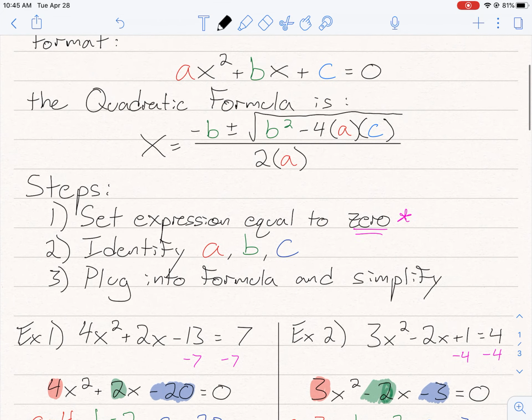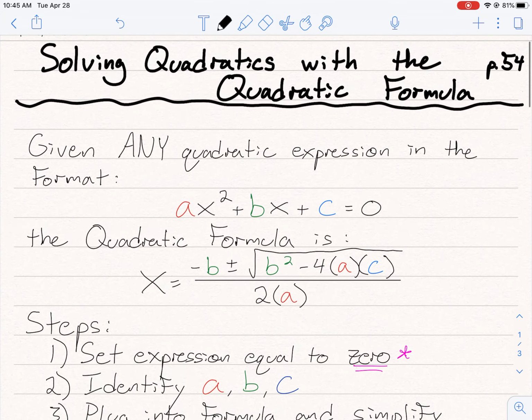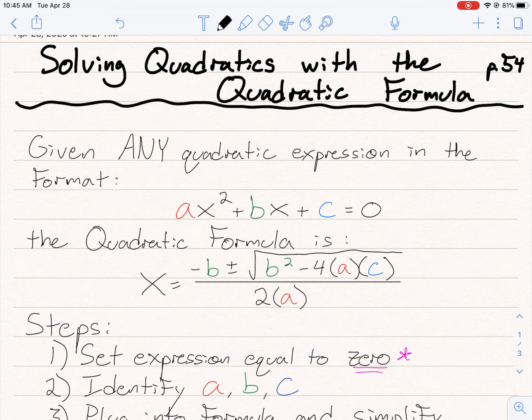So these are two examples of the quadratic formula as well as the quadratic formula itself. Make sure you copy down these notes into your notebook on page 54, and we will